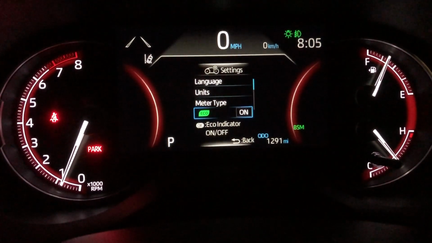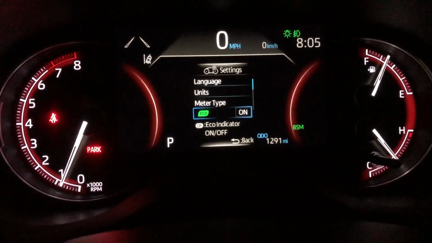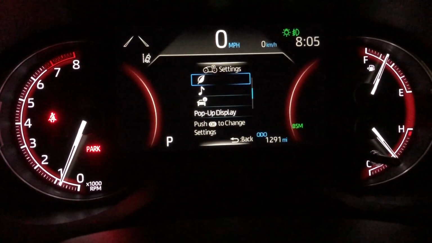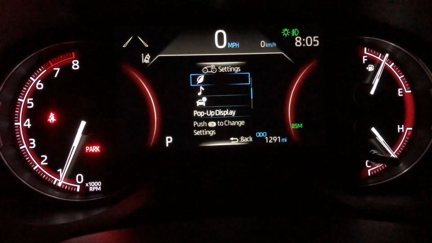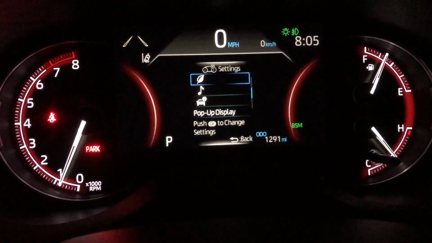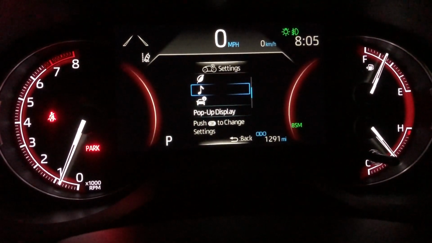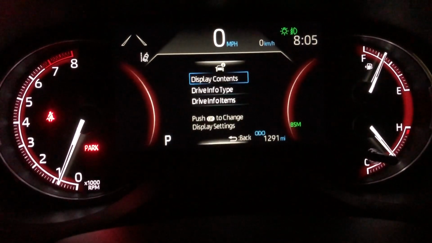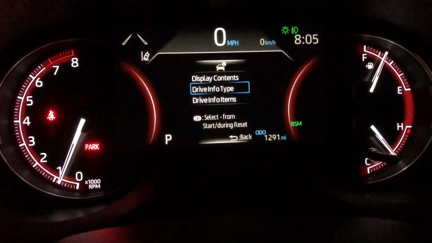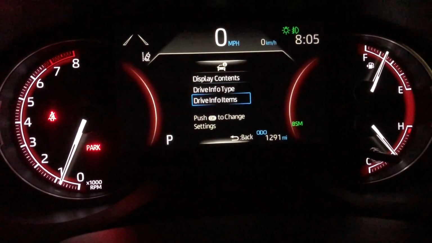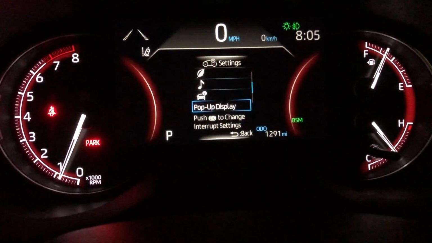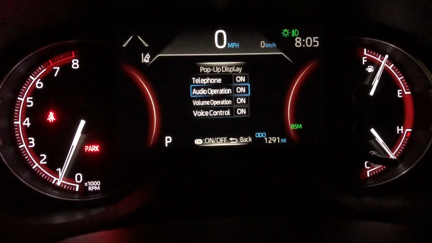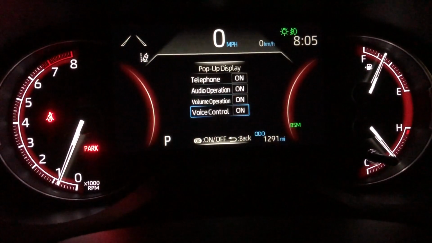Also, you can activate your eco mode or turn it off in here. Basically eco mode, music, that's going to be the radio, the vehicle information, and how you're going to display contacts, drive information type, drive information items. Here you pop-up display. Basically here when you have a call, you're going to display it in here, audio operation, voice control,